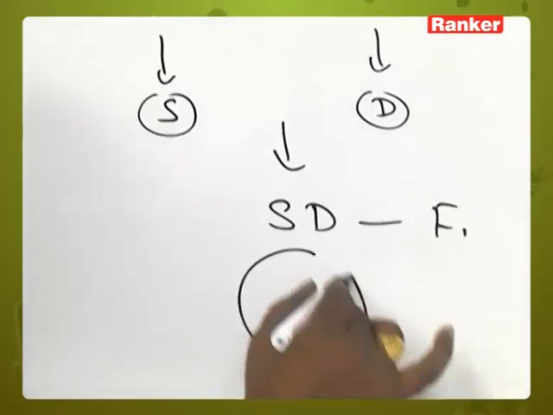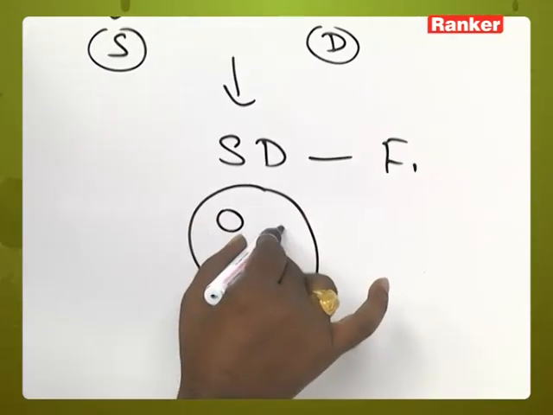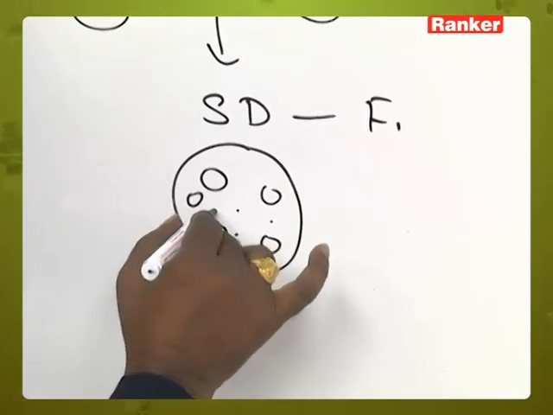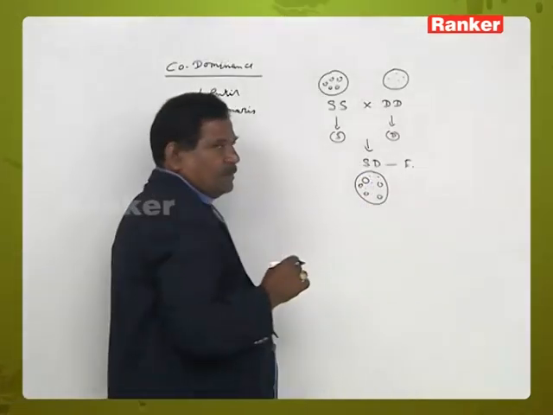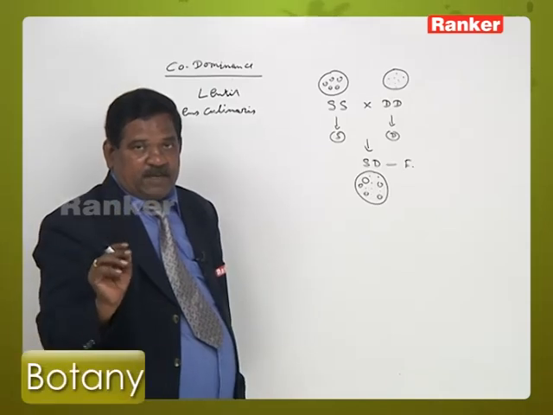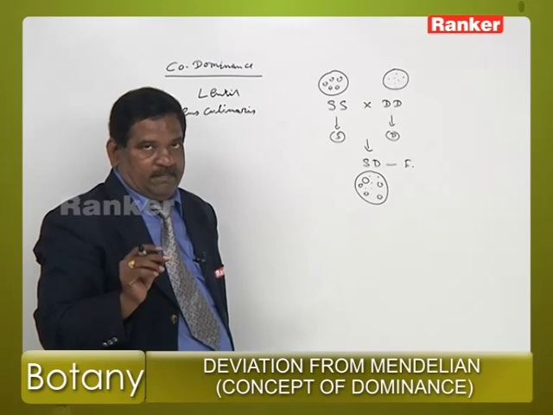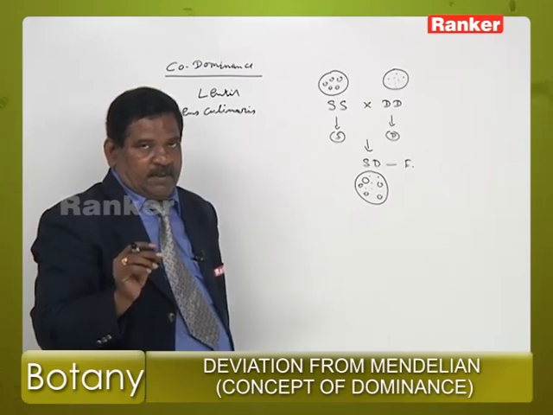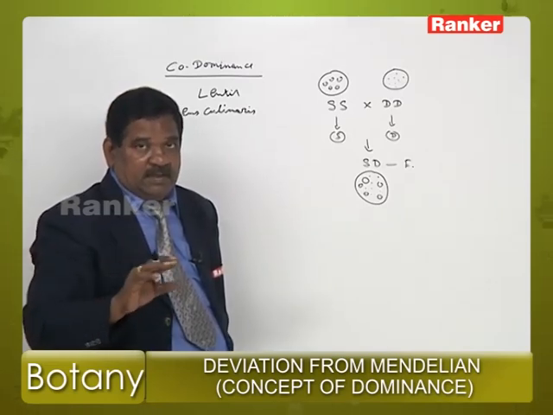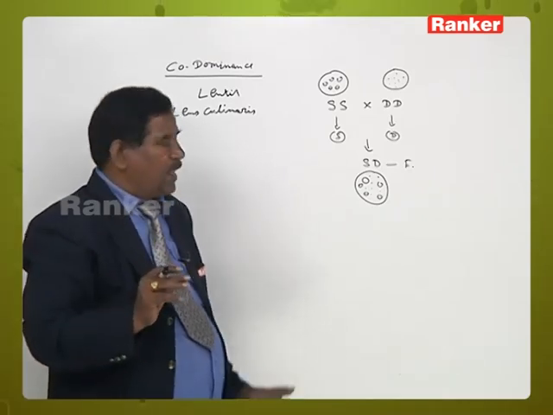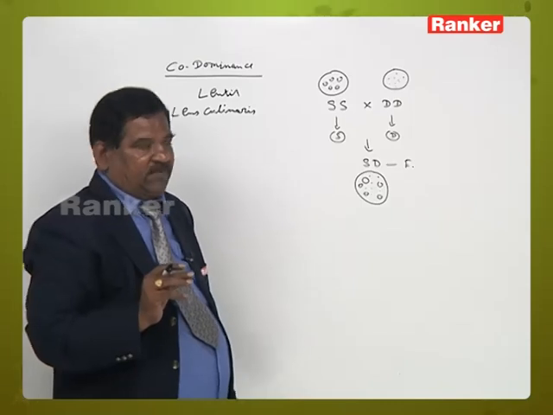We observe in the F1 generation both large spots and small dots. So the F1 generation expresses the character of both parents. It is not that one is dominant and one is recessive and absent; both are dominant. When we self-fertilize this F1 generation,